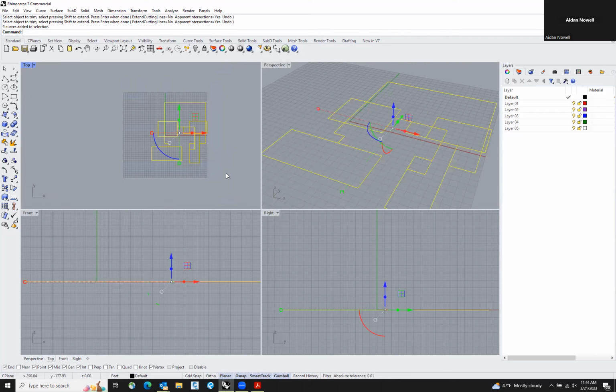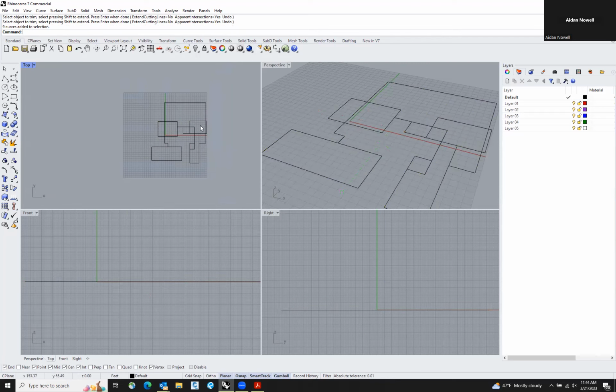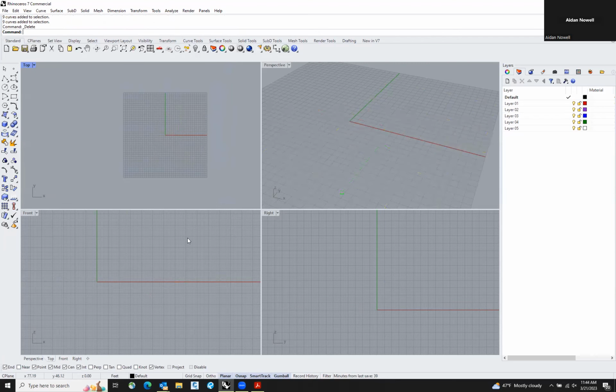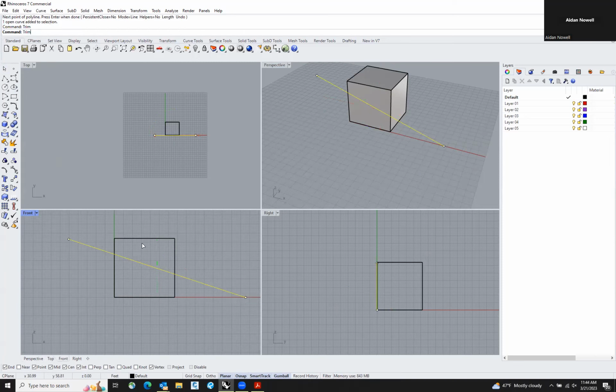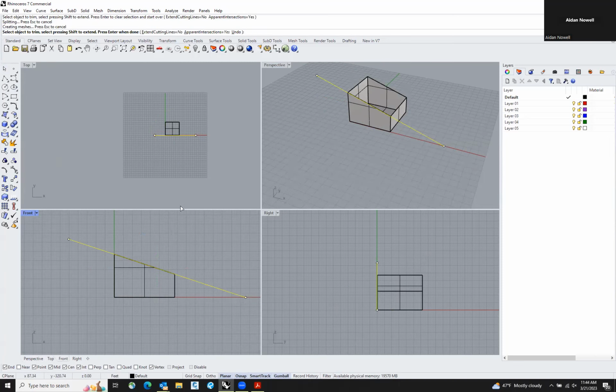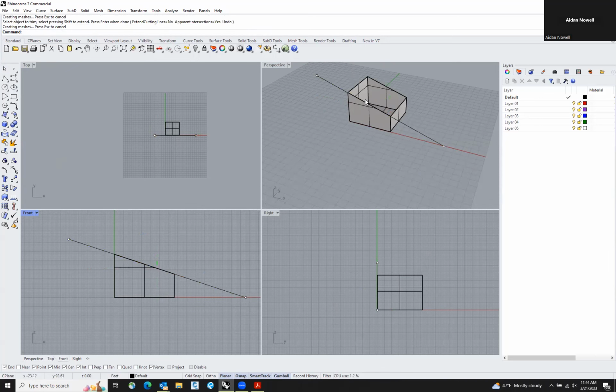A cool thing to note is that you can utilize these other viewports in doing those functions. So if I'm just going to make a generic 3D box, you can see it in the side view. And if I wanted to trim from the front, I can draw a polyline in the front viewport, type in trim, and then you can trim that box from the front viewport. It's pretty handy